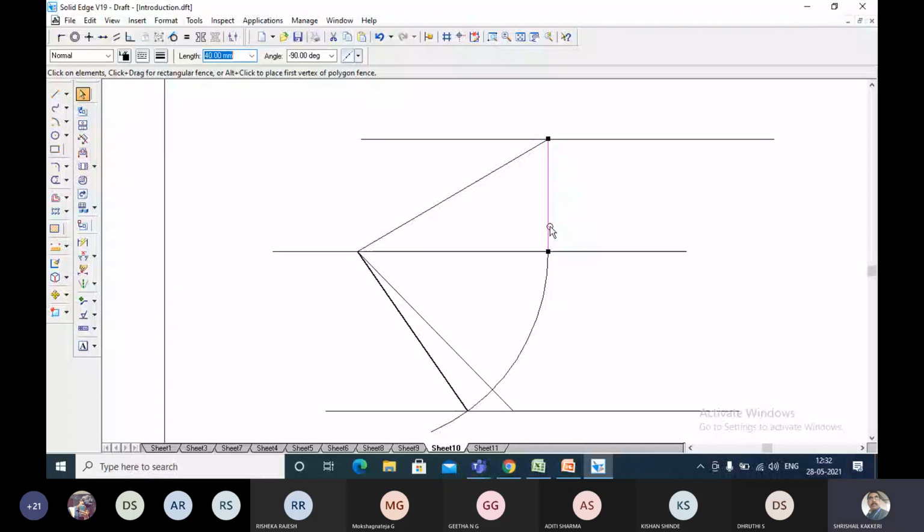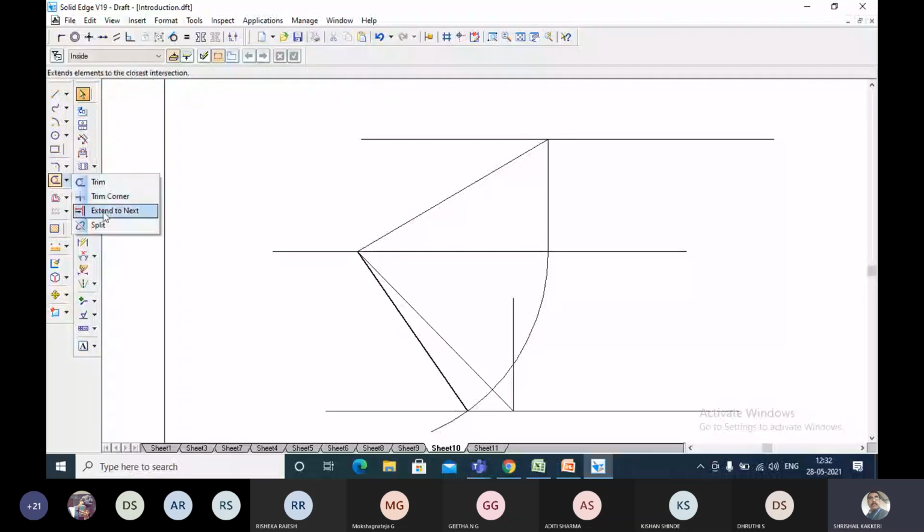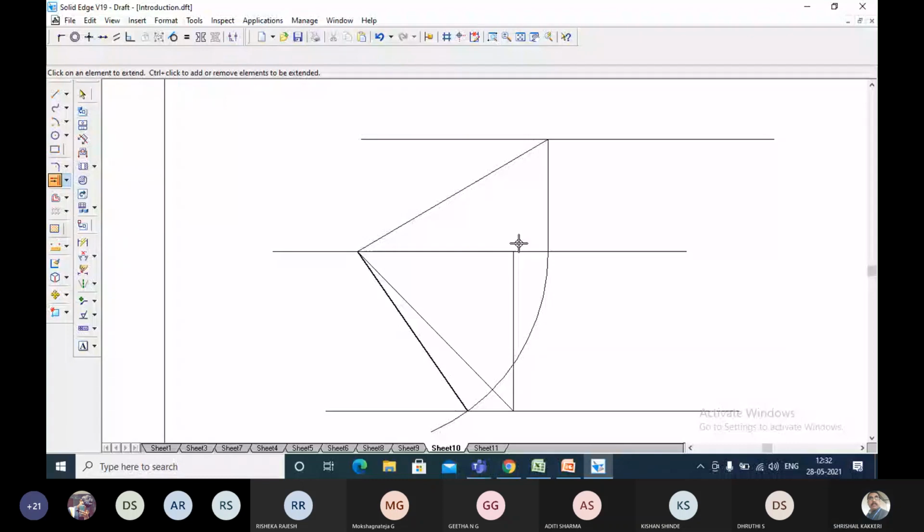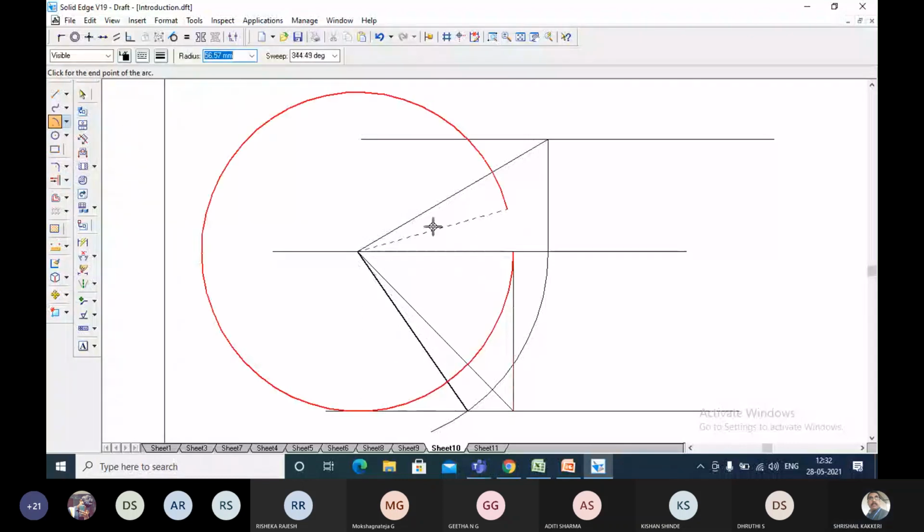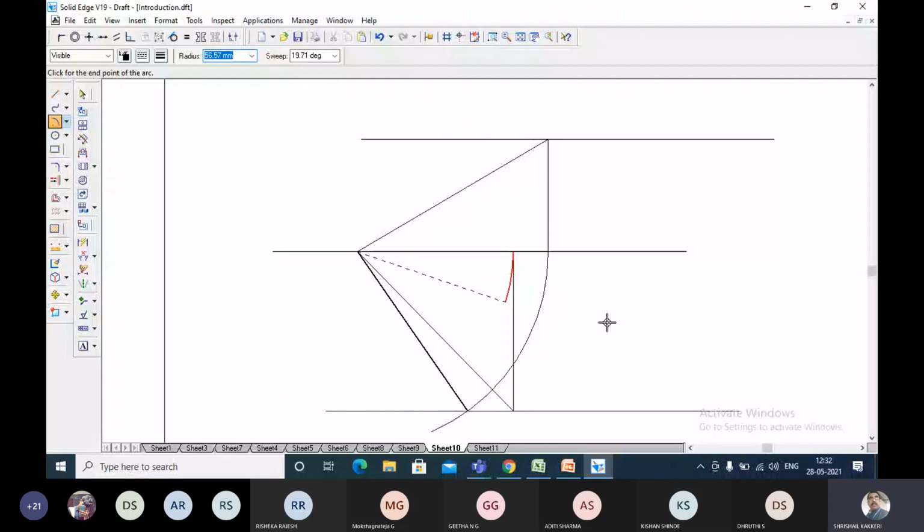Then take an arc at this point equal to this length, the arc length. Draw this arc, and as I told you in the beginning, you do it by normal lines. This arc length need not be so much.